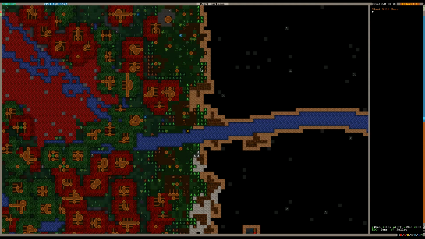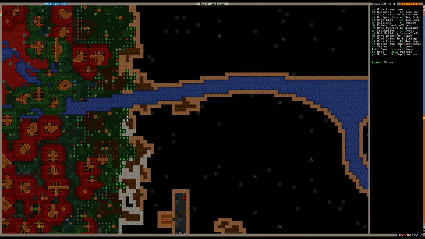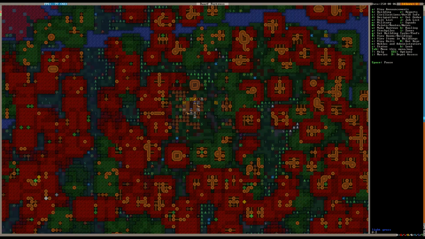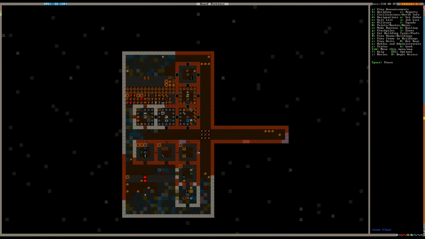So that's excellent for meat. We just don't really have a military. Yeah, they're hanging out right by where we are, which kind of makes sense because we're pretty close to the water. Hunter be hunting. So it's probably going to be a good idea for us to build another crafts